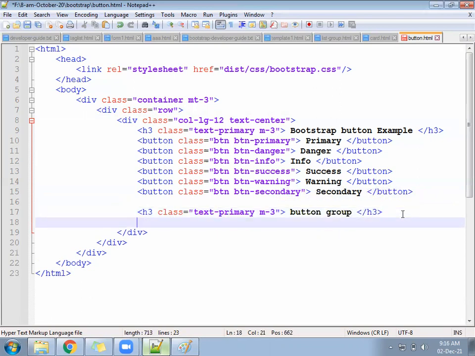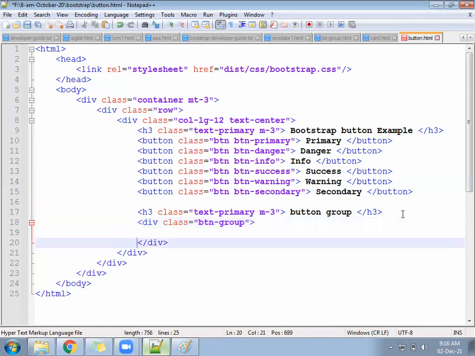In that, you will follow a table with class equal to btn-group.